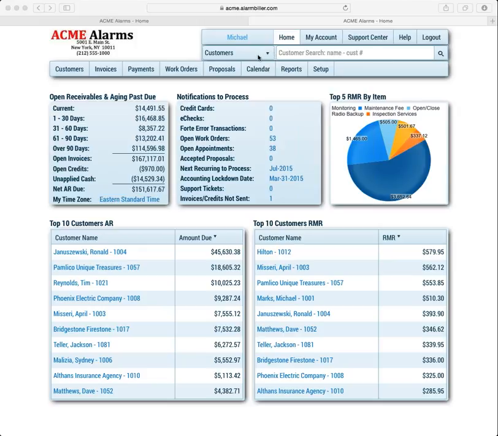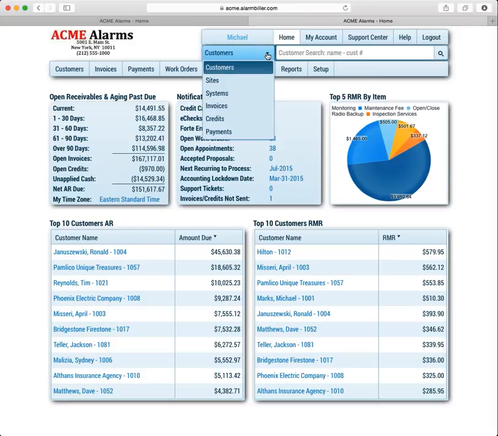But one of the first things you'll notice is on the top toolbar, we have this new search list. And this is a quick search list, which gives you the ability to search for customer sites, systems, invoices, credits, or a payment. So the payment search is really nice in case a customer calls and says they wrote a check to you. Maybe you accidentally posted it to the wrong account, you put that check number in, and it's a way